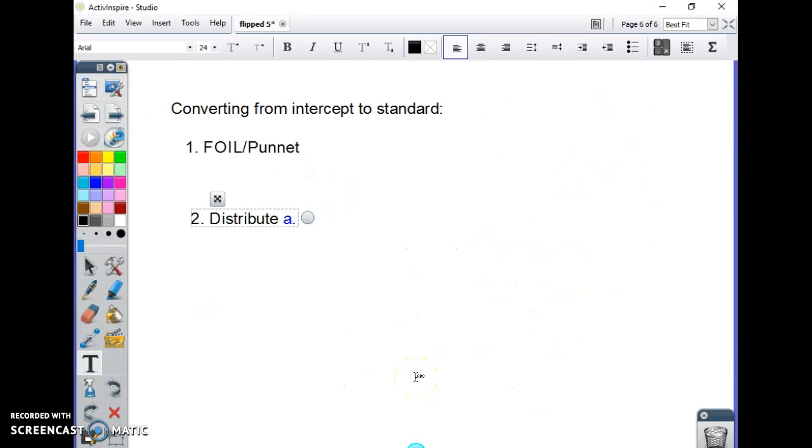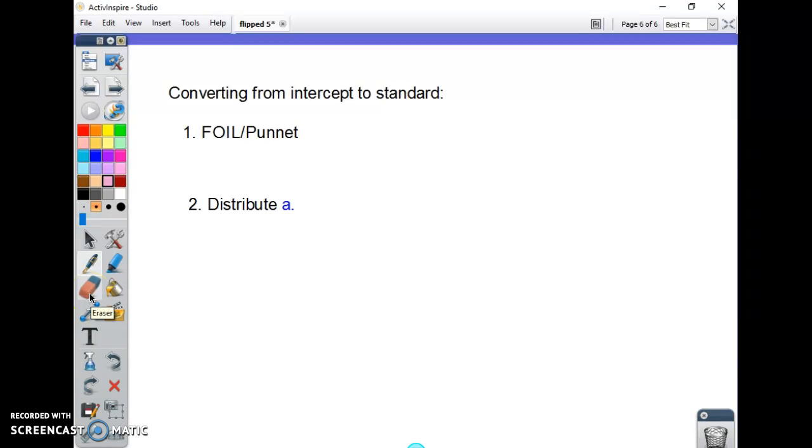Okay, so now if we're starting in our intercept form, we are going to want to convert back to standard form as well. So let's do an example. This one's actually a lot easier going from the intercept form back to standard. So let's say we have an equation here of y equals 3 times x minus 6, x plus 3. The first thing you're going to want to do is FOIL